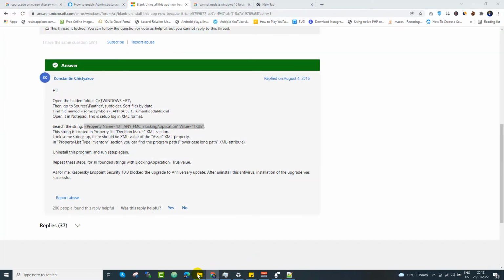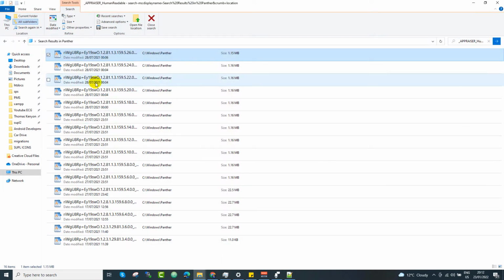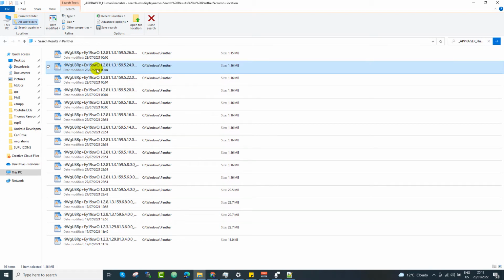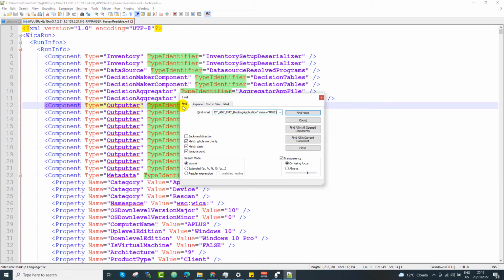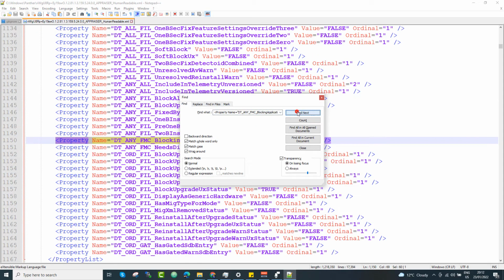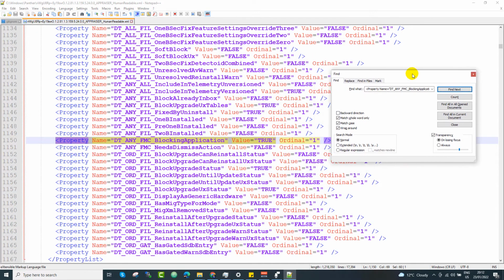I don't see any issues currently, so I will look for some older version for you guys only, but you will be using the latest version. So let's open this and search for the same string over here. So yeah, I can find there is some application that might be blocking. Okay, if you're using this